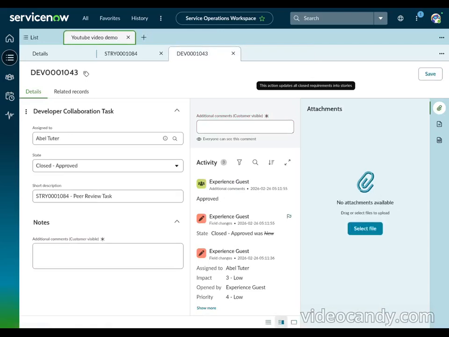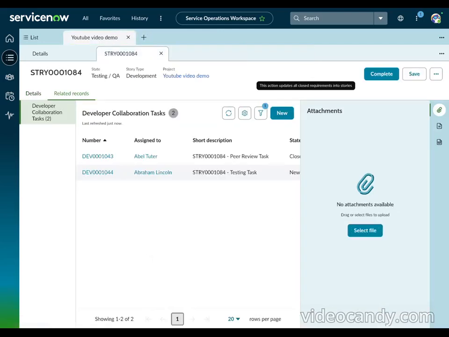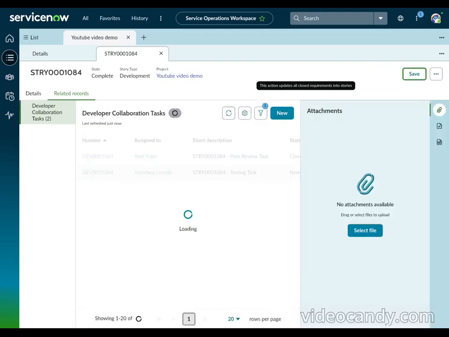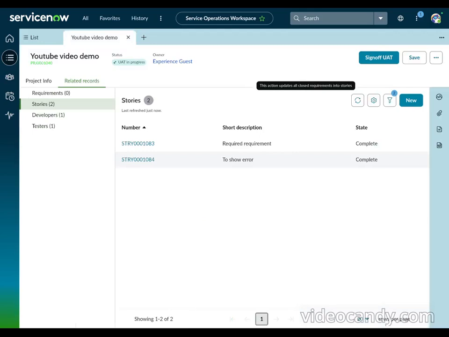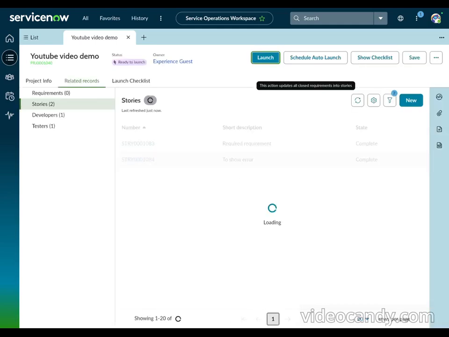Okay, I'm good to start, complete the story and then start sign off the UAT. Now if I go and do a sign off to UAT, all my stories are complete, there are no pending requirements. I can go and sign off UAT. So once it is signed, the UAT has been signed off, you can see that the status changes to ready